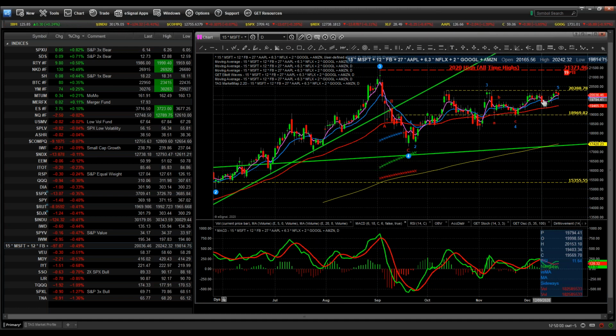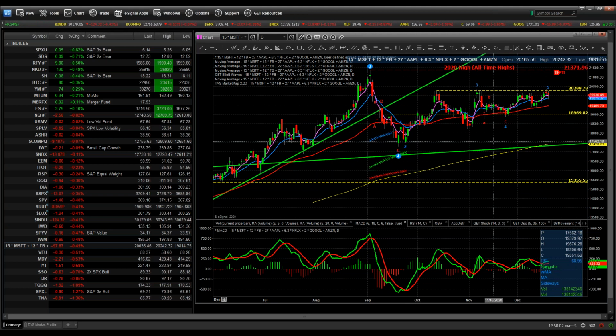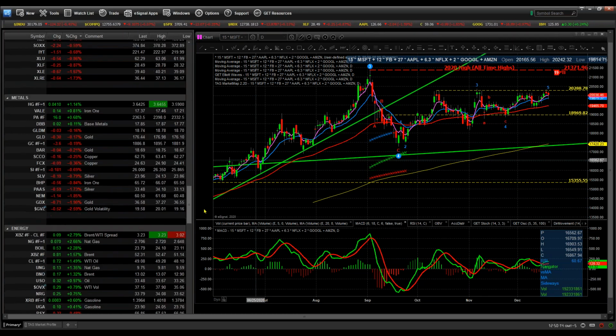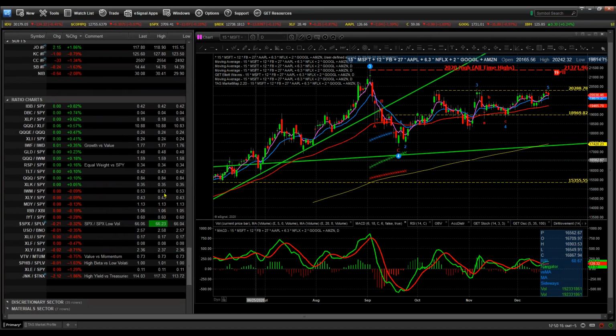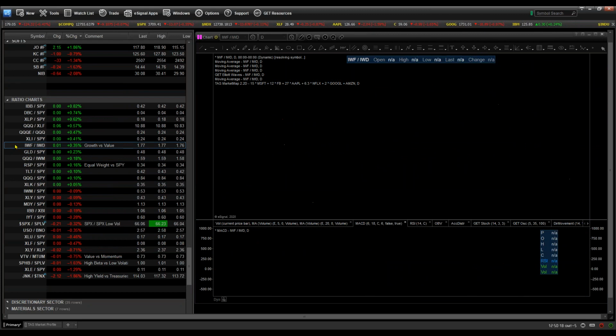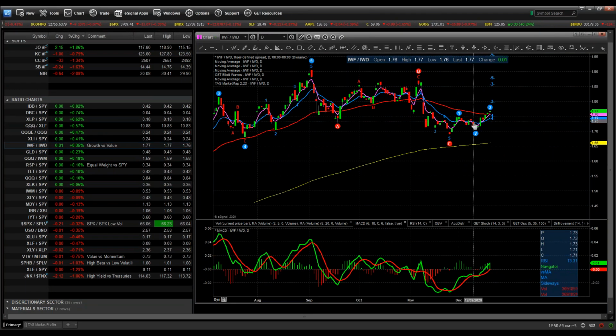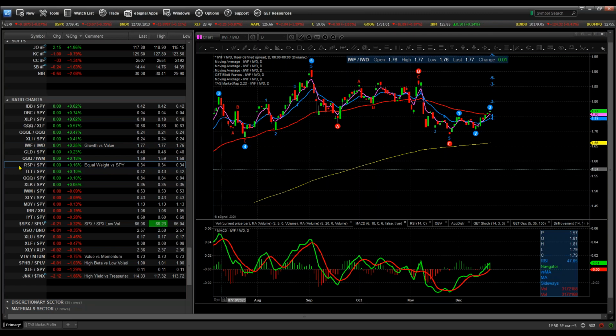So clearly money's been running out of the hard chargers into what I consider cyclicals and value. And I've shown this every week, I guess, for the past 3 or 4 weeks. For members, I've been giving you guys a heads up for quite some time. But if we look at growth versus value, you can see here in this chart, it's just moving lower, although we had moved up just a little bit. In the numerator is growth, the denominator is value. Okay. But if we look at the equal weight